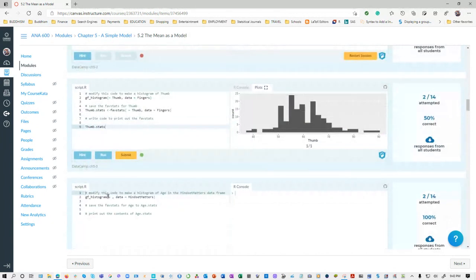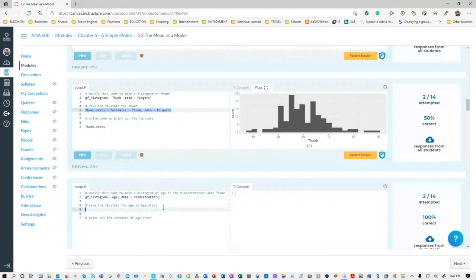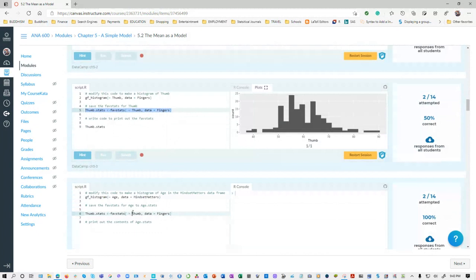Okay, let's see this. Modify the code to make a histogram of age. Now let's do this one for the age. At the same time, we're going to run the favorite statistics and see how we can make a conclusion about which single number will be utilized for this one. See, age. Then I get the age, tilde. You know why tilde? You put the tilde because everything is going to go to the x-axis in the fingers. And now